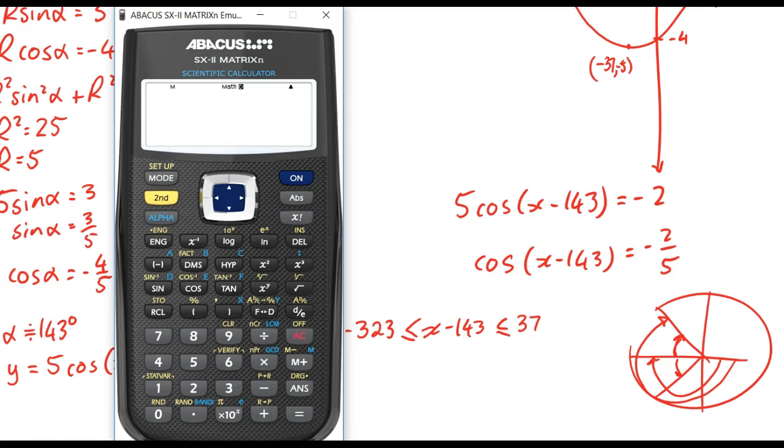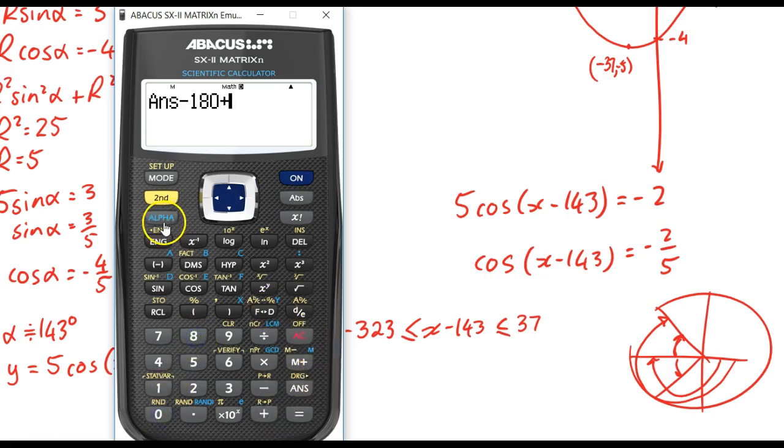Okay, so if I do the inverse cos of 2/5, that gives me a related acute angle of about 66 degrees. Now you've got to be careful with the rounding off here with these things, but that's going to do us for the example. So, back to our little diagram here. I want to come negative 180 forward by 66. So, I'm going to go negative 180